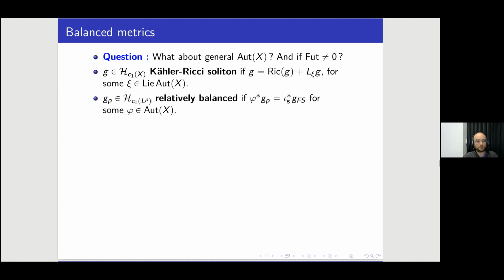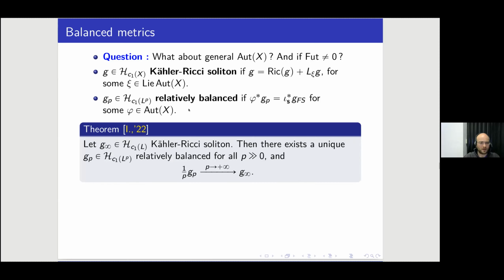On the other hand, you can also define an equivariant notion of anticanonically balanced metric by the automorphism group in a similar way. A metric is relatively anticanonically balanced, or relatively balanced for simplicity, if when you consider a Kähler metric, take the L2 product, then put it on the holomorphic sections, then pull back the Fubini-Study metric, it's not equal on the nose to the metric you started with, but up to an element of the automorphism group, right?